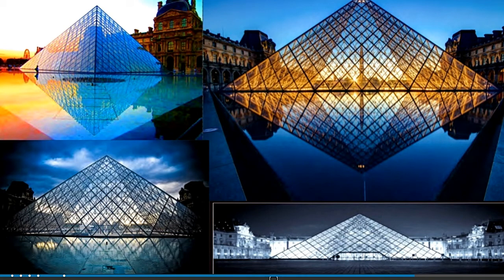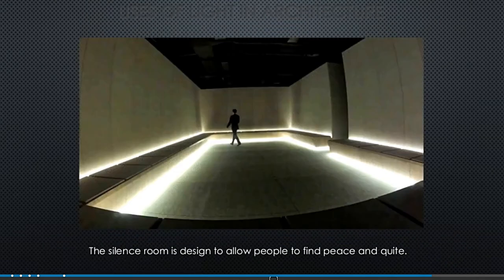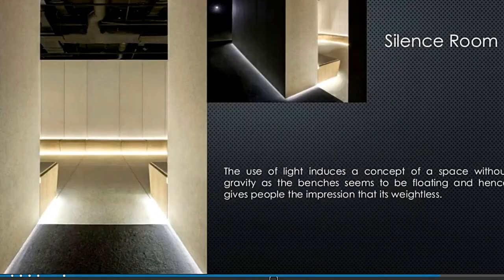Ito naman yung mga epekto ng sunset effects on smooth surfaces or glass surface. Shade and shadow and light, ganyan. Parang kung tingnan mo nga, silence.